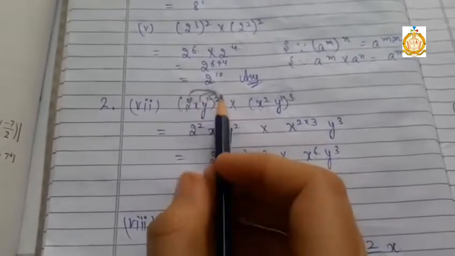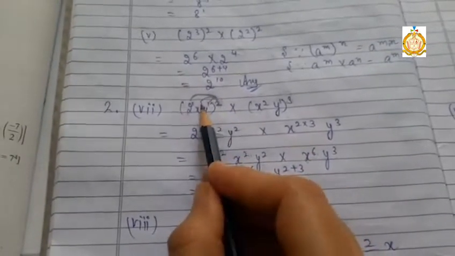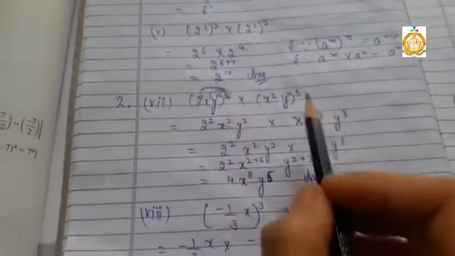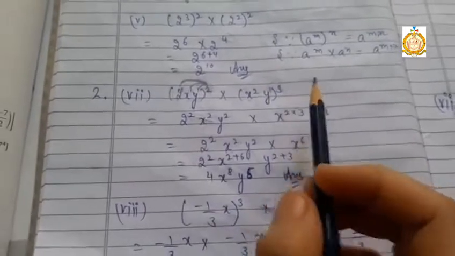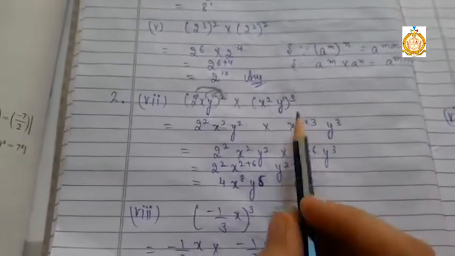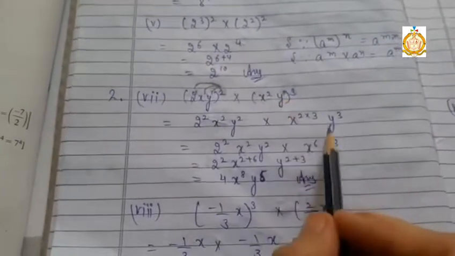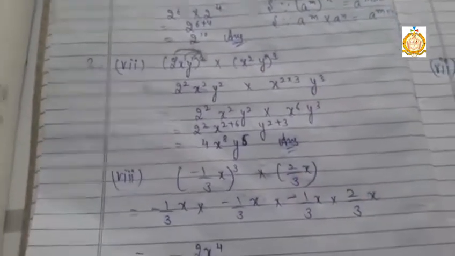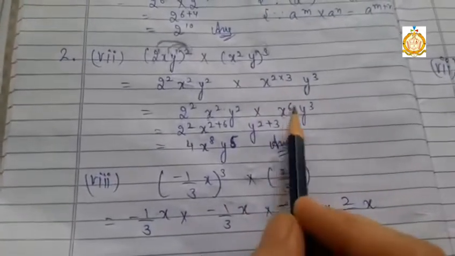Now by the laws of exponents we have to multiply the power 2 with each number here. So multiplying the powers, you will get 2 raised to power 2, here multiplying 1 by 2 you will get x square, again here you will get y square. Here also you have to multiply the powers by the laws of exponents, and here multiplying the powers we get x power 2 into 3, and here the power of y is 1, so we will get 1 into 3, y raised to power 3. Now multiplying it you will get x power 6.